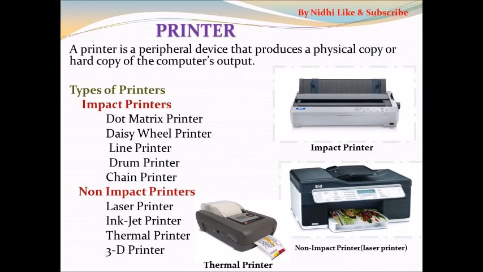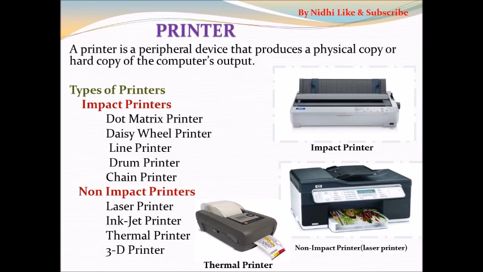And next, dot matrix printer. These are the only impact printers in use nowadays and can be seen rarely in offices, factories or schools. They are noisy and do not have good printing quality. As a result, they are losing popularity. These printers have either 9 or 24 pins on the print head, and they use a matrix of small pins to create precise dots on paper to form characters. The speed of these dot matrix printers ranges from 50 characters per second to 500 characters per second. As they are robust in nature, that is strong in nature, they can be used in rough conditions.